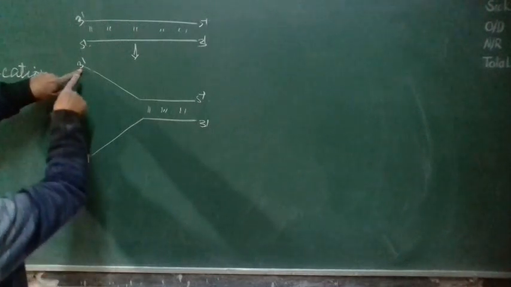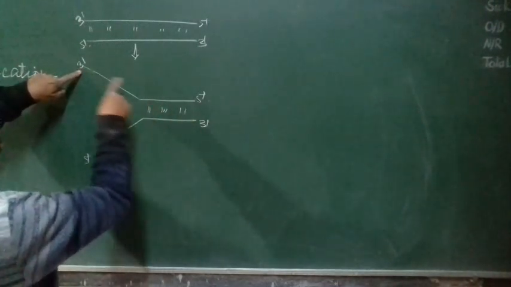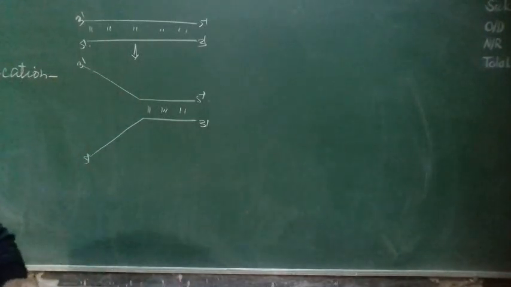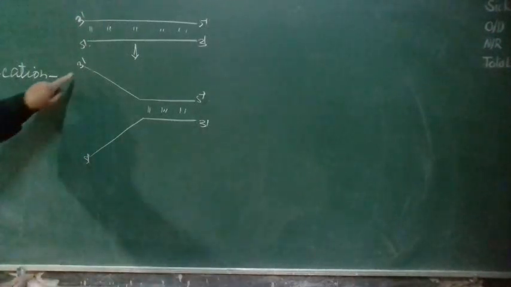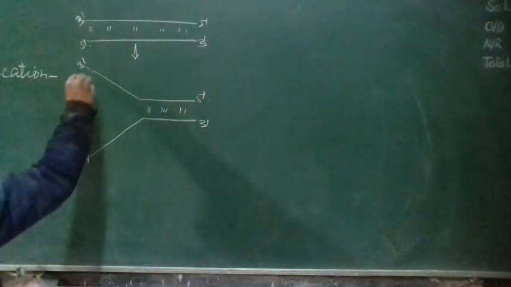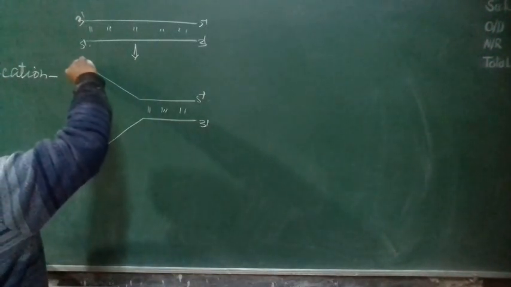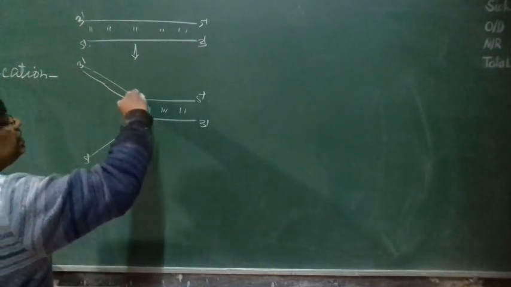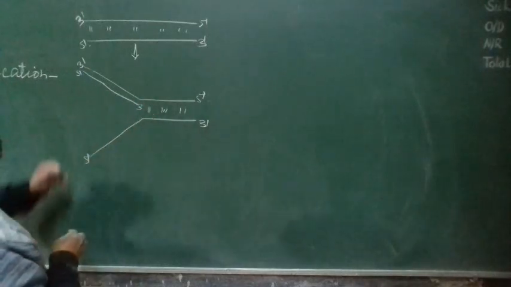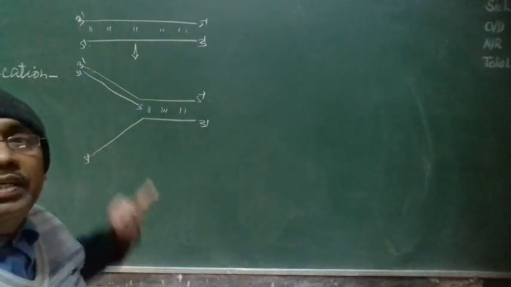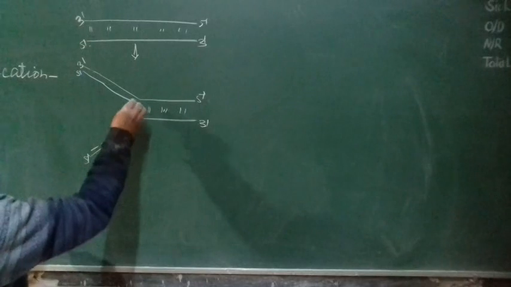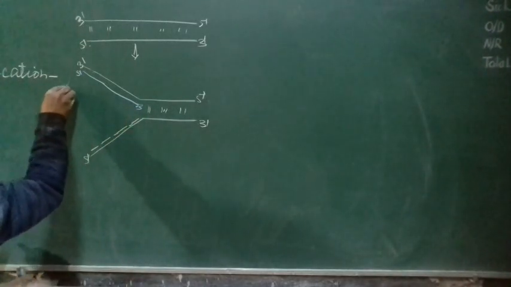Now in this, on the helix having 3' to 5' polarity, in 5' to 3' direction, the new helix will develop in the presence of DNA-dependent DNA polymerase enzyme. In 5' to 3' direction, this helix will develop with the help of DNA-dependent DNA polymerase enzyme. But it's continuous. This is called the leading helix.